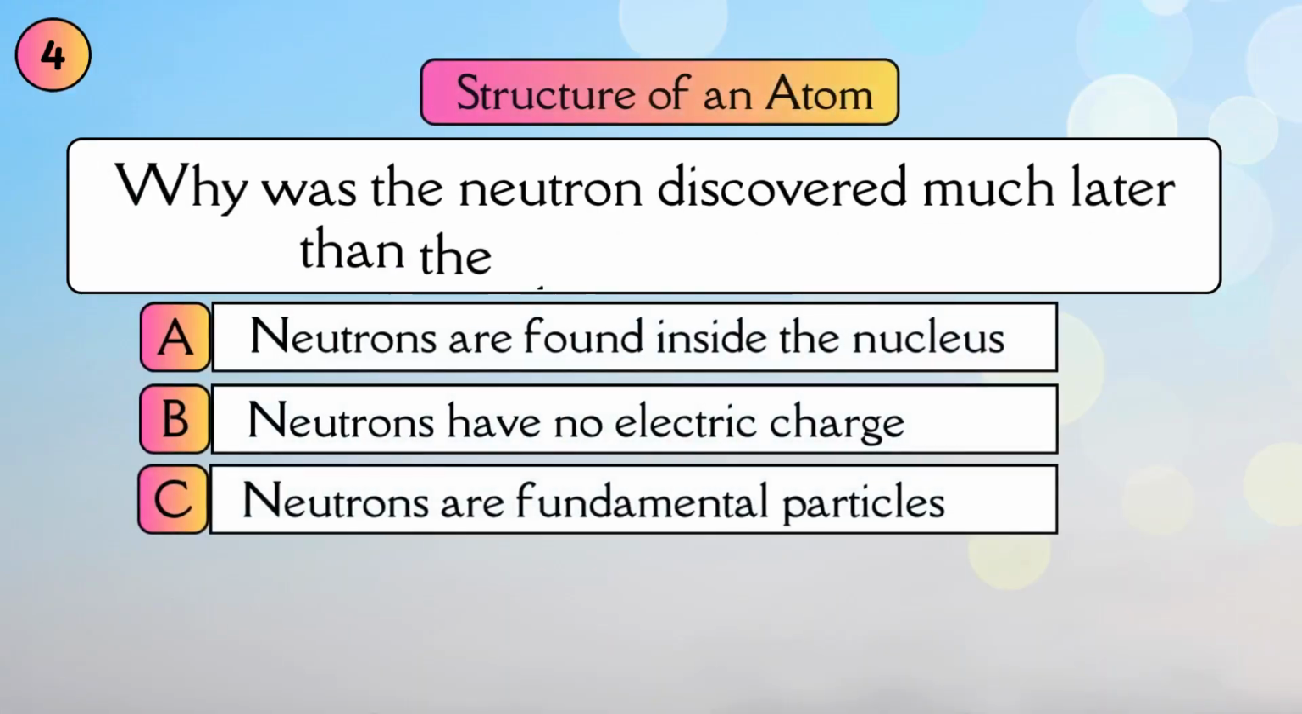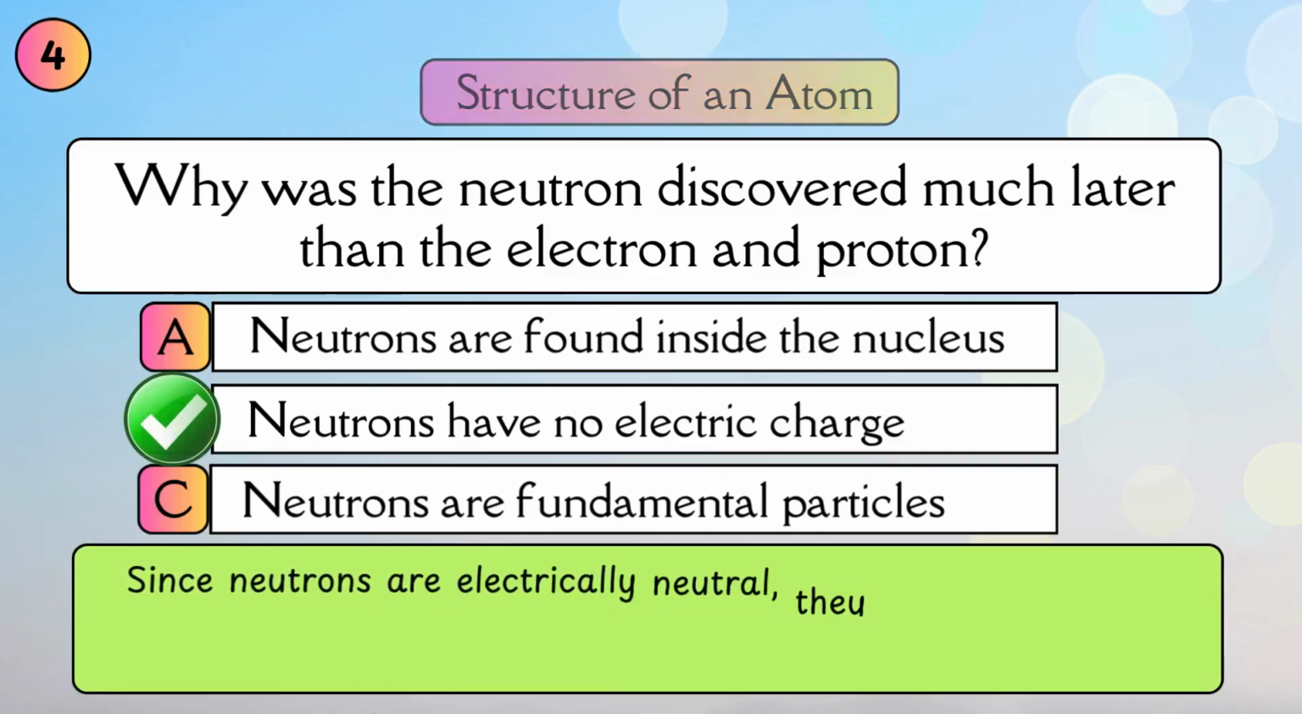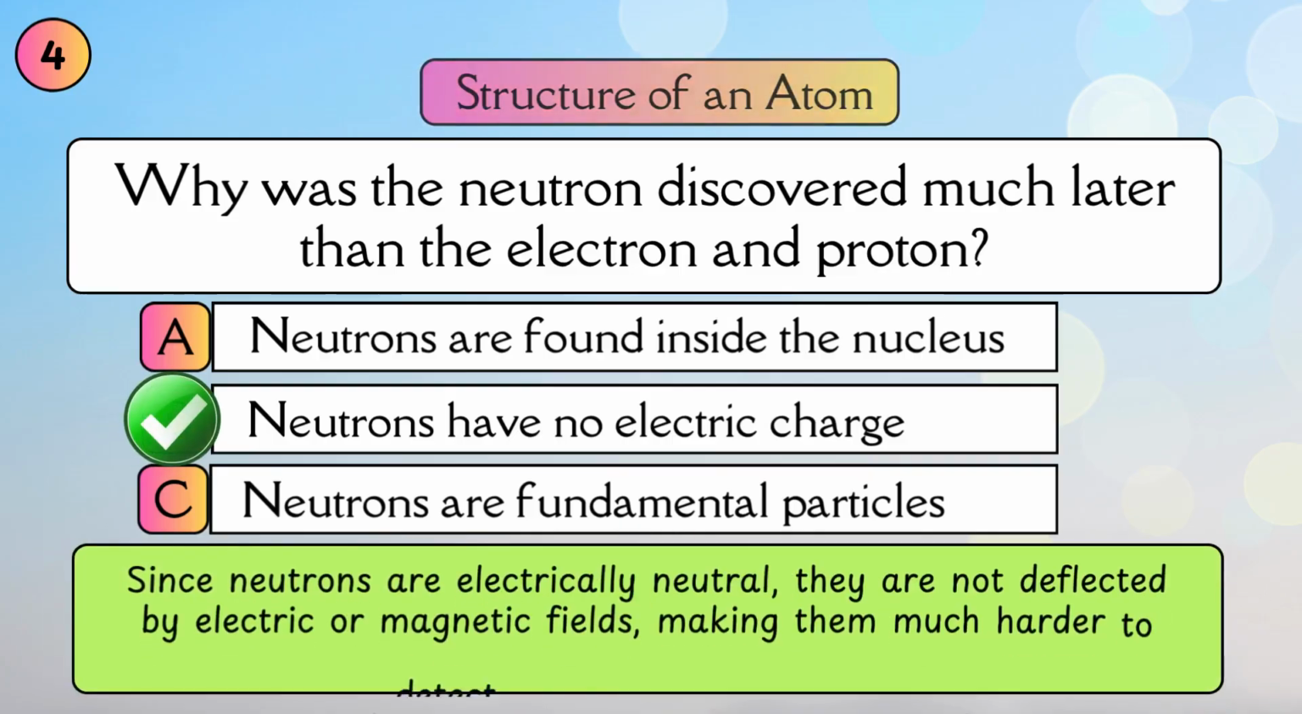Why was the neutron discovered much later than the electron and proton? The correct answer is because neutrons have no electric charge. Since neutrons are electrically neutral, they are not deflected by electric or magnetic fields, making them much harder to detect